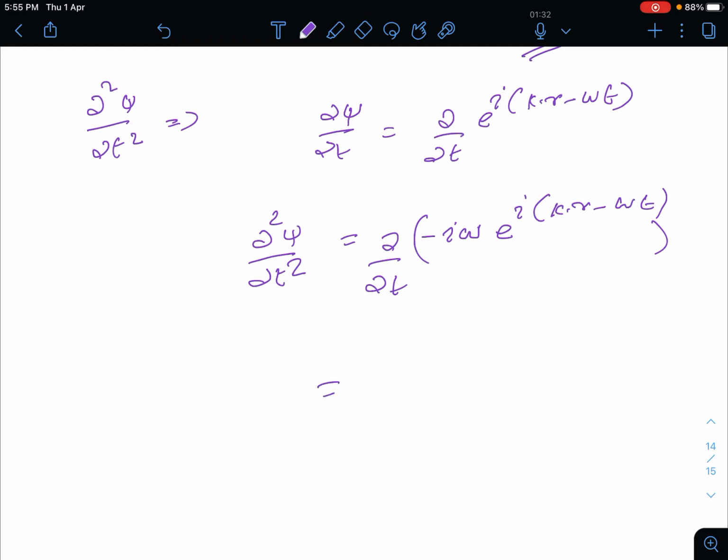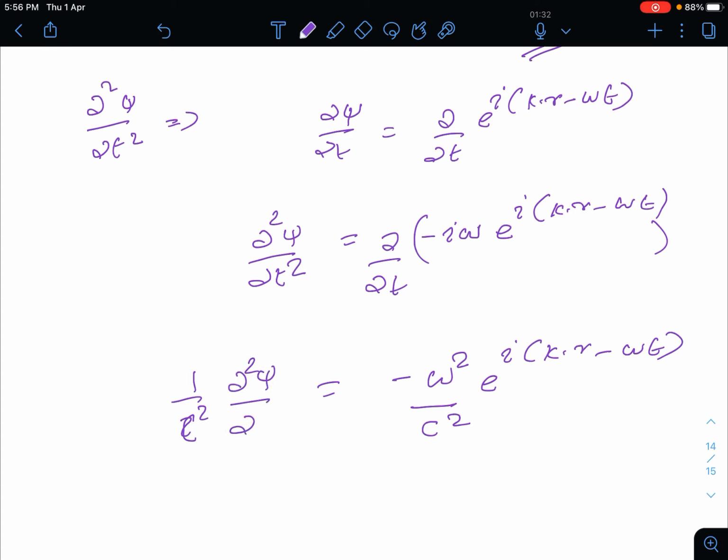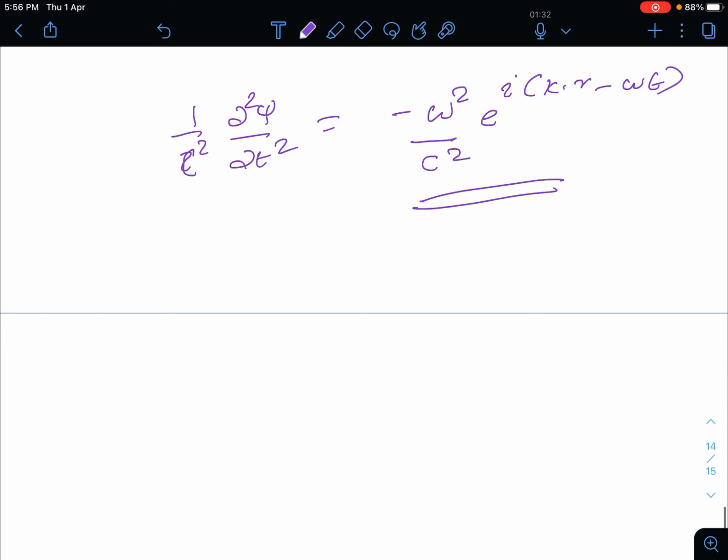Minus minus plus minus, so minus omega square e raised to i k dot r minus omega t. So now you have 1 by c square dou square psi by dou t square is this. Good. So I'm writing it together. What I'm going to get is